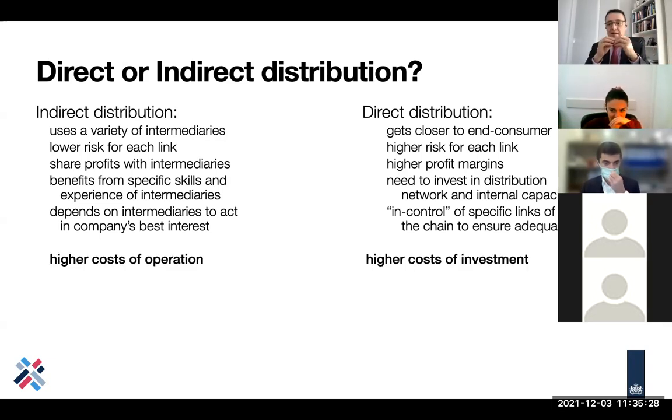So the key point here is using a distribution channel with intermediaries brings higher costs of operation, but doing direct brings higher costs of investment. And investment not only in terms of money, but also in terms of time and knowledge of learning. Because if you're selling your products in a new market with a different language, different culture, different situation all around, you need to learn the language, you need to realize what the culture is like, how it relates to your